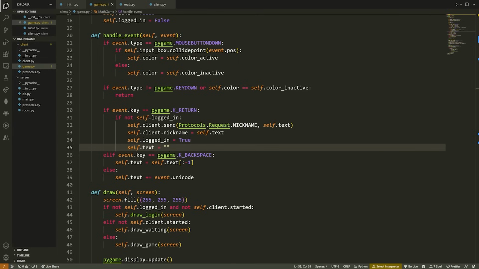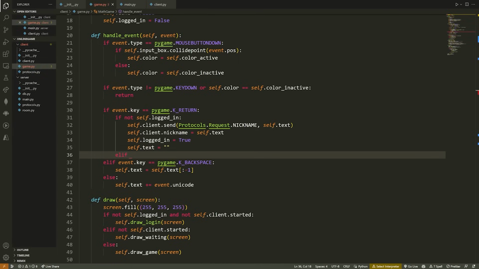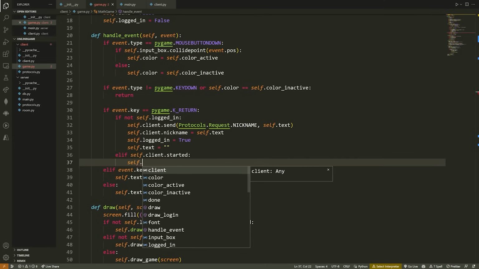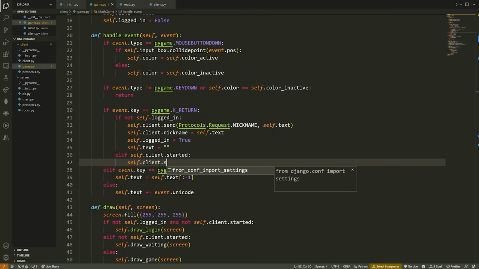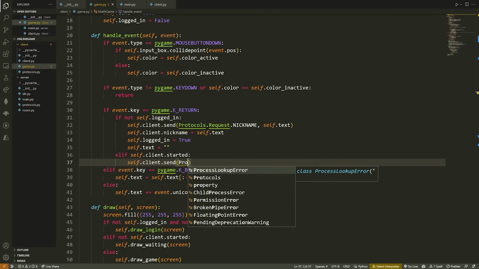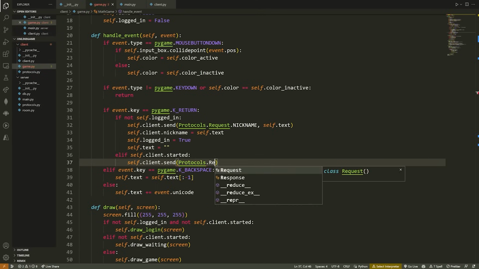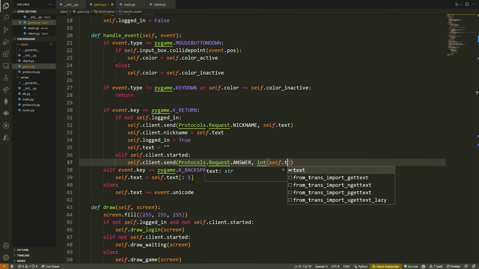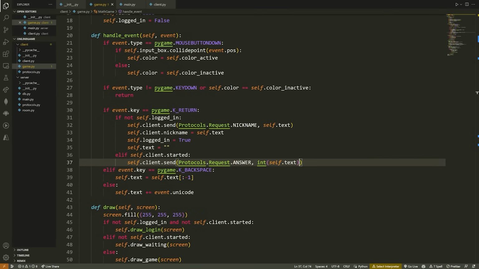Now, while we're here, we can do the other state, which is elif self.client.started. So if the game has begun, that means that now we're going to be submitting answers every time we type something in the input box. So we're going to say self.client.send. This is going to be protocols.request.answer. And this time we're going to convert our self.text into an integer because that's the answer that we want to submit. And then we're going to say